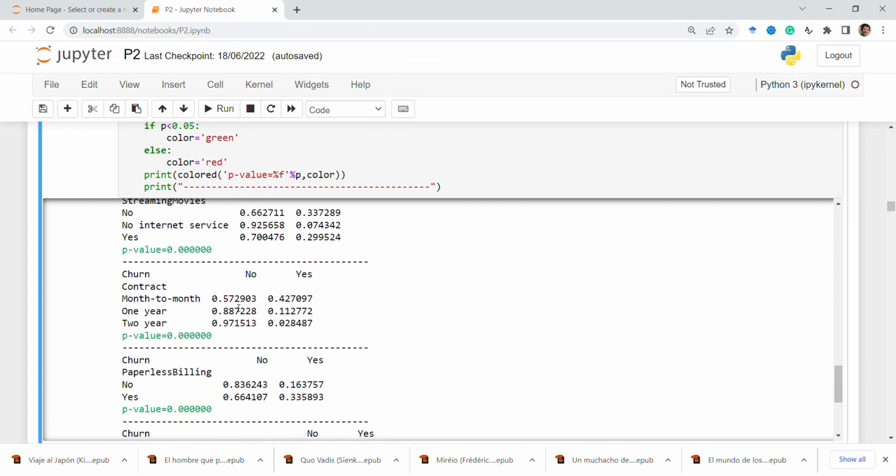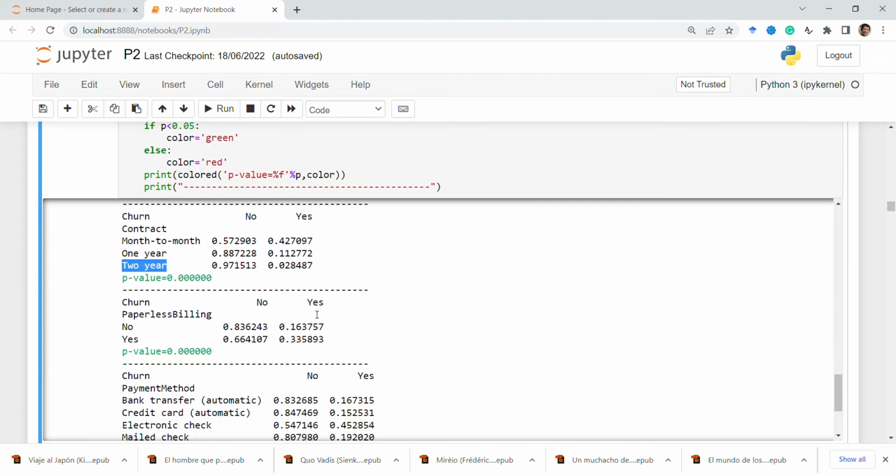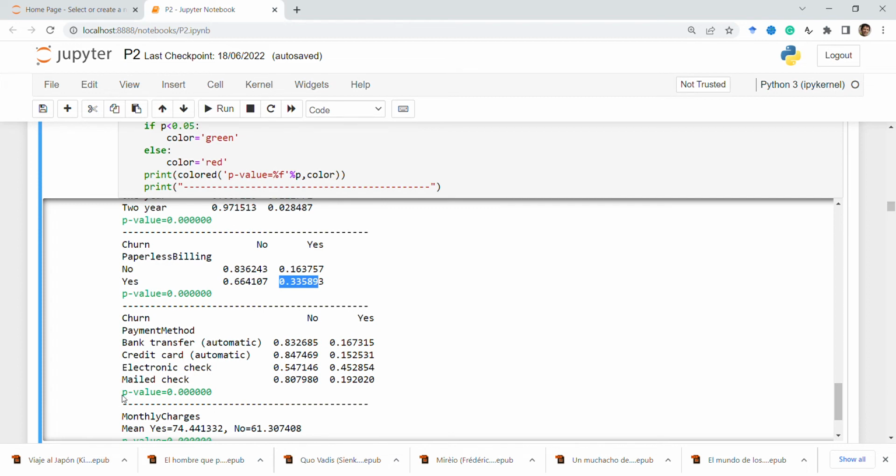And you can also see, for instance, the contract. If you have a month-to-month contract, it is more likely that you leave the company. However, if you have a contract of 1 year or 2 years, it is more difficult. And the same if you have paperless billing. So if you receive your bill through the internet, then it is more likely that you leave, and the same for people paying through electronic checks, and